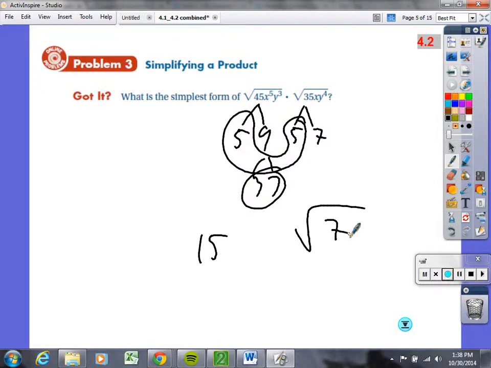Everybody there with me? Now we got x to the 5th, and x, how many x's is that total? X to the 6th. The square root of x to the 6th is x to the 3rd. 2 can go into 6 3 times. Yes, you do. But might as well wait because maybe I have to do both times. Then I got y to the 3rd and y to the 4th. How many times can 2 go into y to the 7th? 3 times with